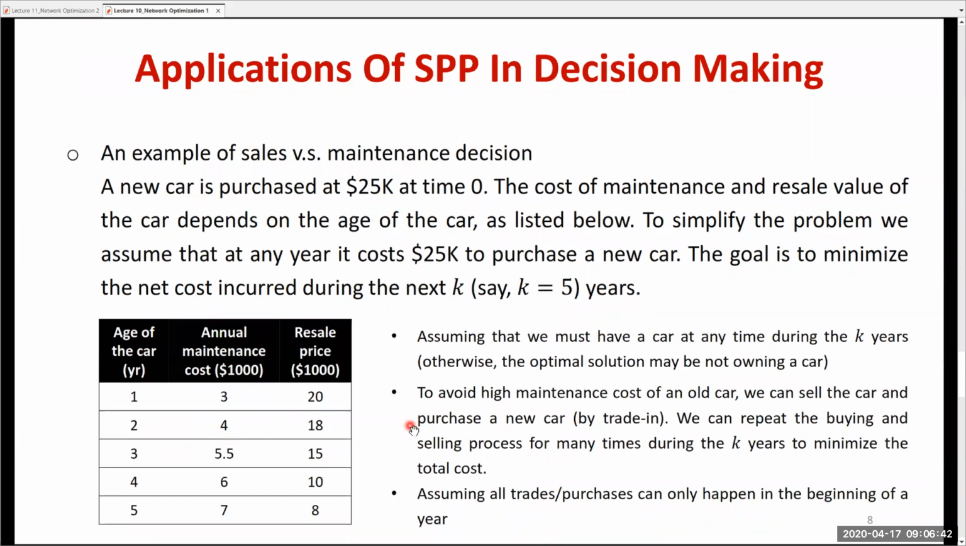So this is another strategy. We want to run an optimization model to automatically tell us which strategy is the best in terms of minimizing the net cost incurred. And again, to simplify the model, I assume that all trades and purchases can only happen